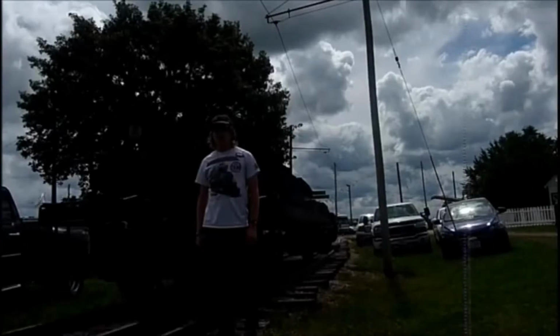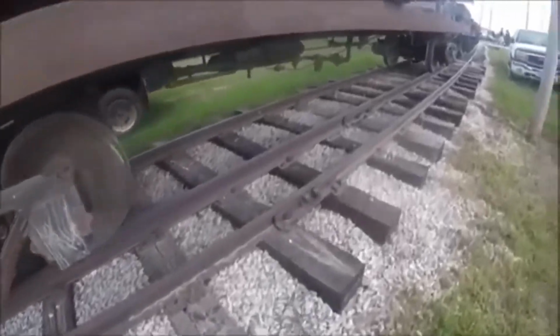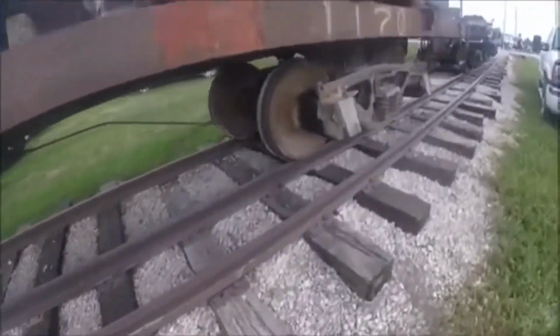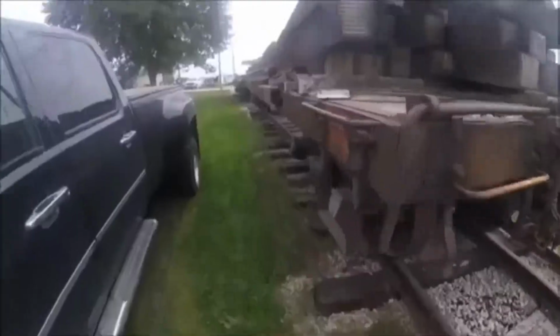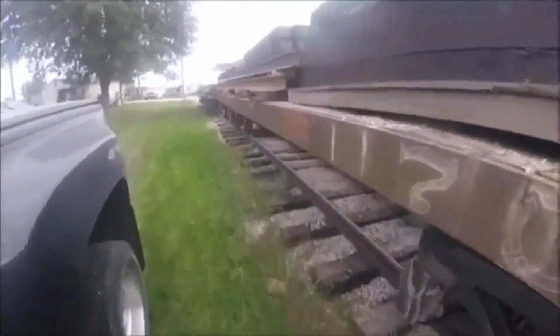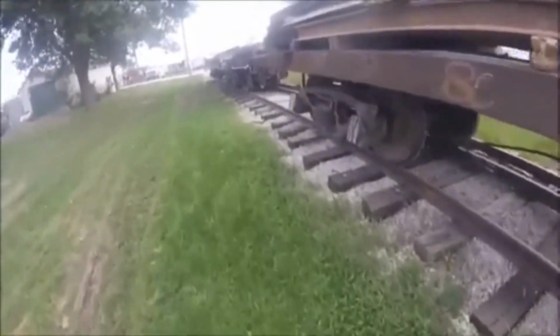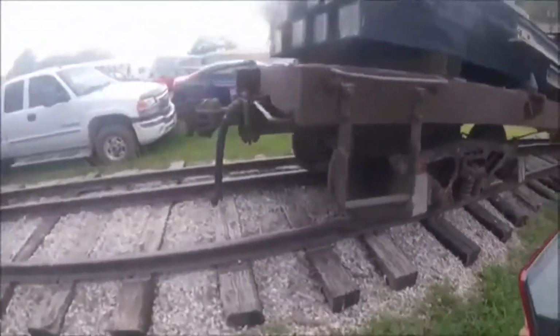What you see right behind me is White Pass and Yukon 1170. White Pass and Yukon 1170 was built by Pullman in 1942 and is a flat car. Originally, this car was built as a boxcar and was originally used on the Ferrocarril del Estado, which is Spanish for Argentine State Railway, but in 1942 it was sold to the United